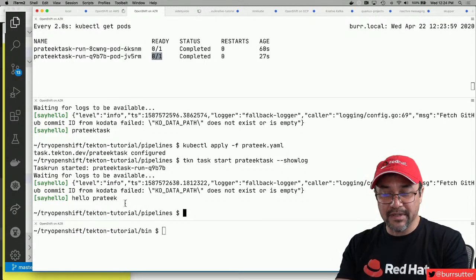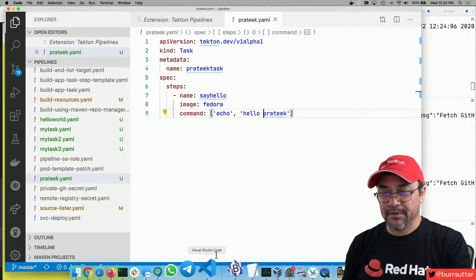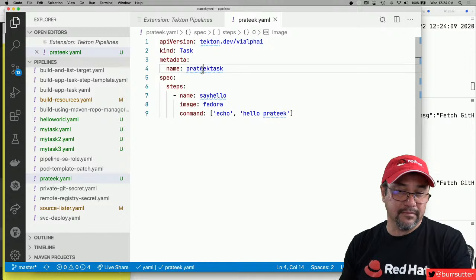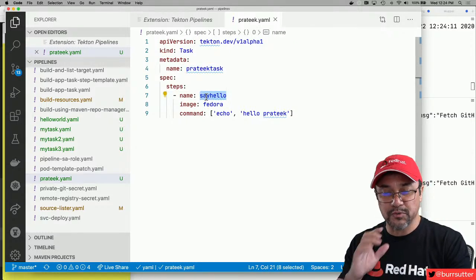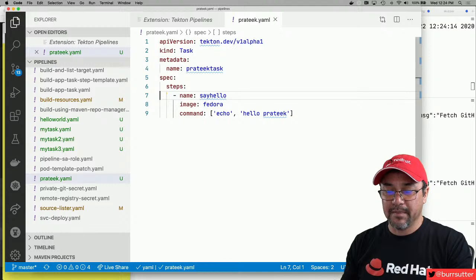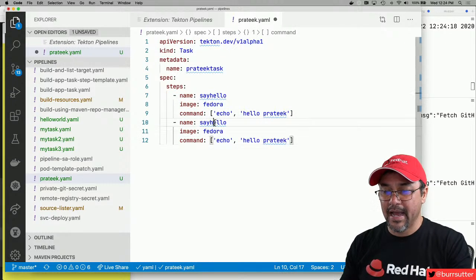You would start actually building out your tasks, and then figure out if you need a task that does a certain thing. A couple things that are important about tasks. One, it has to have a name that makes sense. So you got to give it some form of name there. The steps within it, of course, represent those containers. So if I come in here and add another step now and say goodbye, and we'll say goodbye, Pratik,